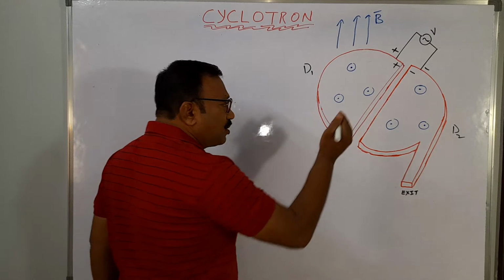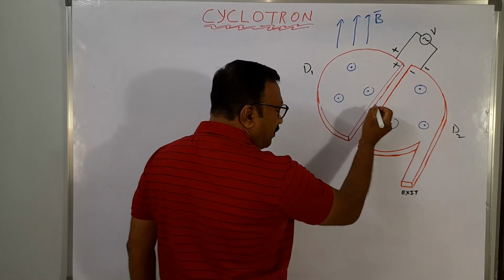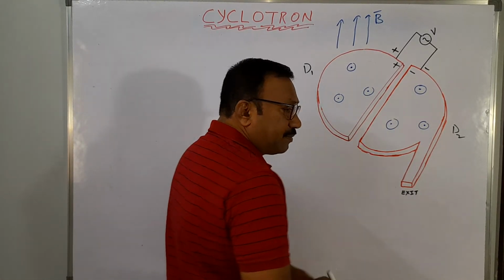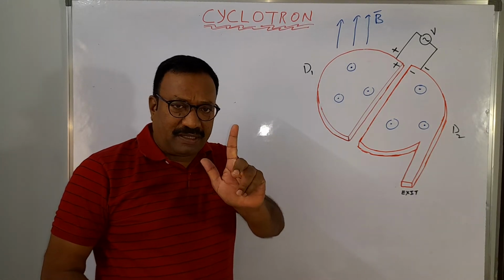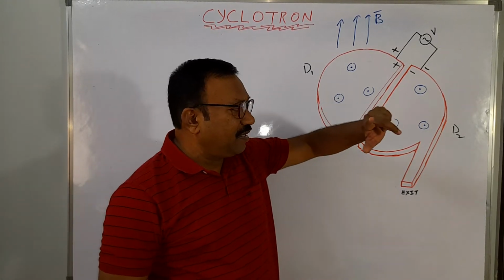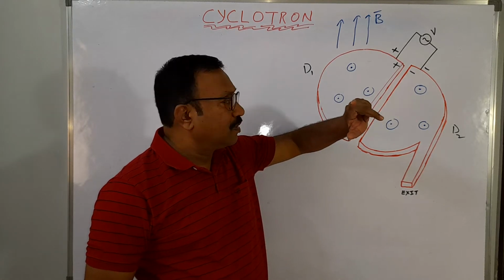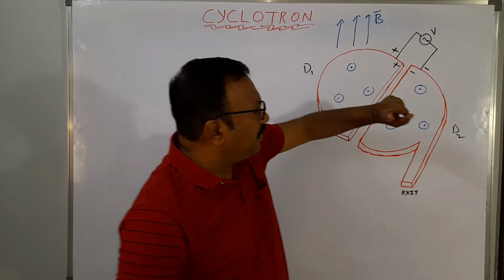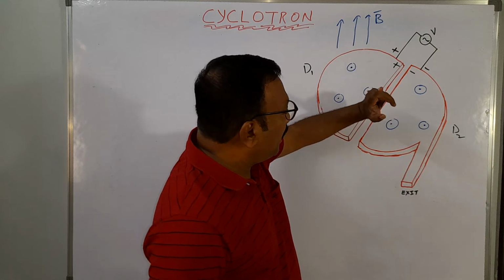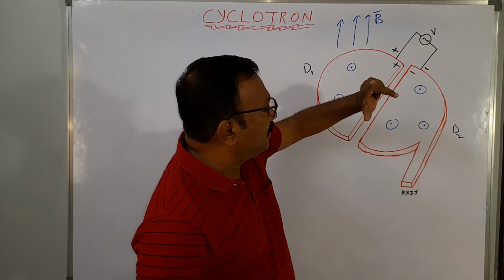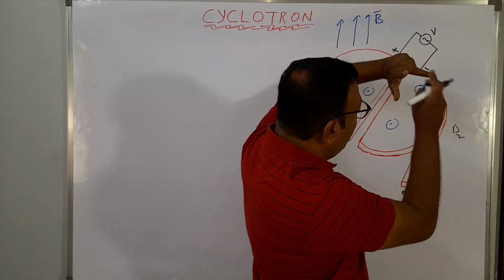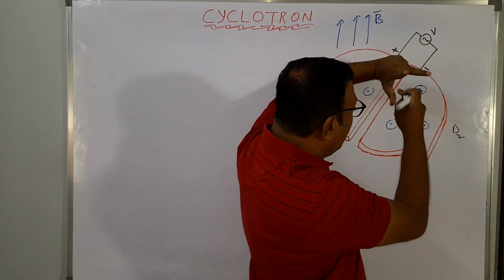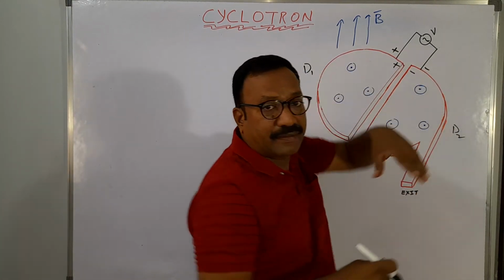So there will be a source of charged particles somewhere here. Generally, when you take a magnetic force, you apply Fleming's left hand rule. Magnetic field is outward. The particle has a velocity this way. This is the magnetic field. Suppose this is the velocity, so the particle will be deflecting like this.